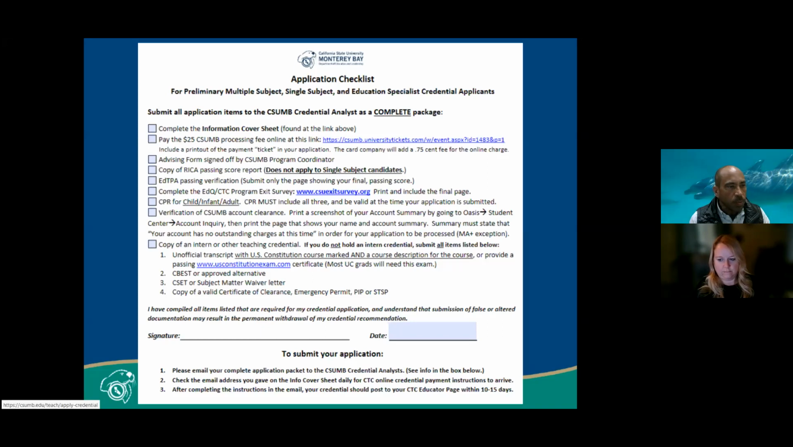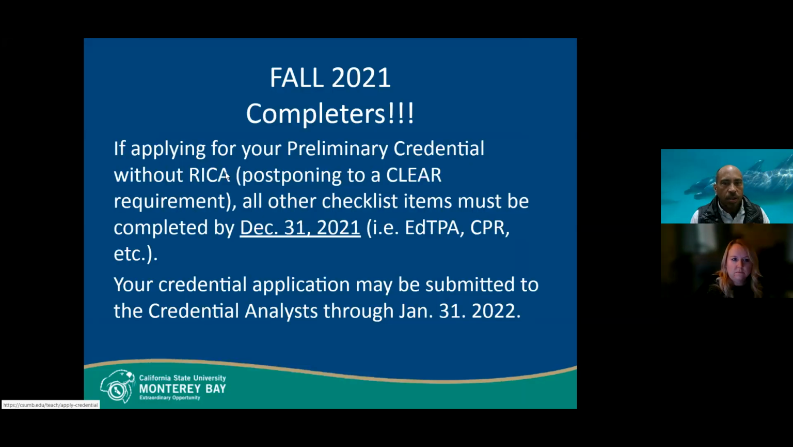And for the most part, I think most of you will be able to waive RICA based on this information right here. I'm going back to that previous slide. As long as you meet all your other requirements by December 31st of this year, so at the end of this December, you've passed all your courses, you've passed EdTPA, or you've taken it, and